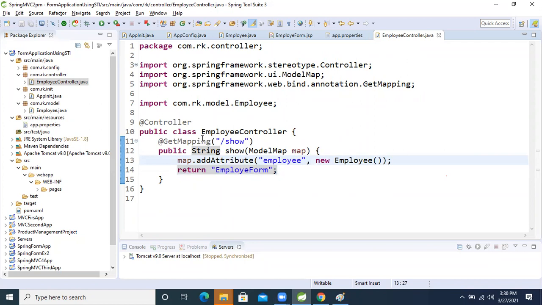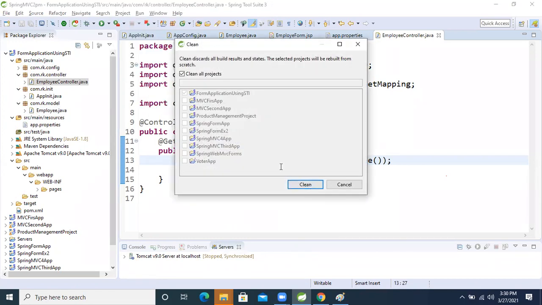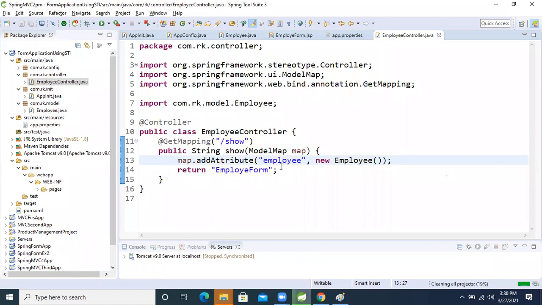It's correct. Why is it giving the error? Don't worry, a little bit of patience is needed. Sometimes this happens. Let's clean the project. Clean the project. Okay, it will work.